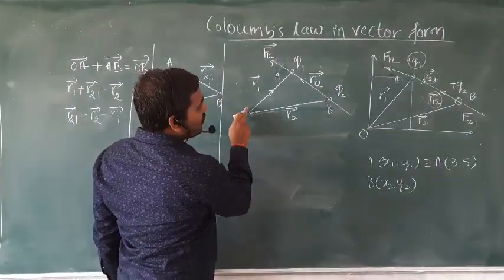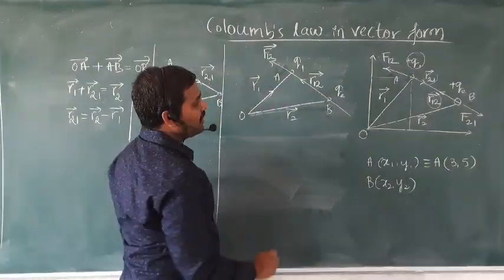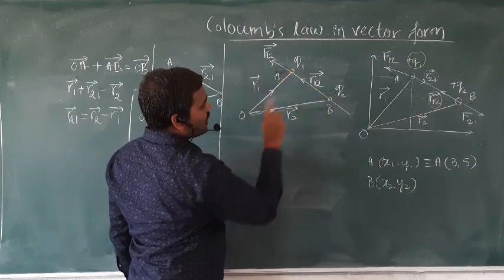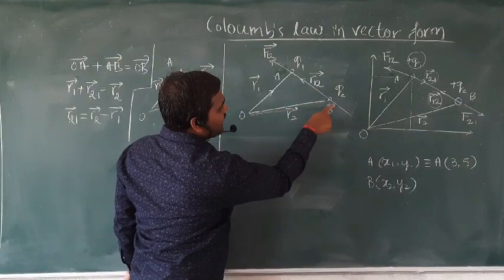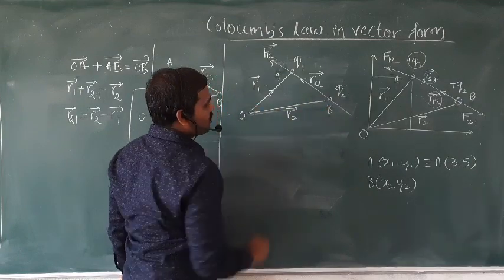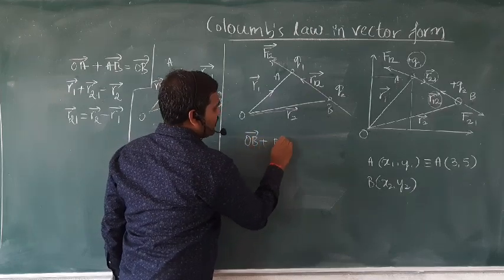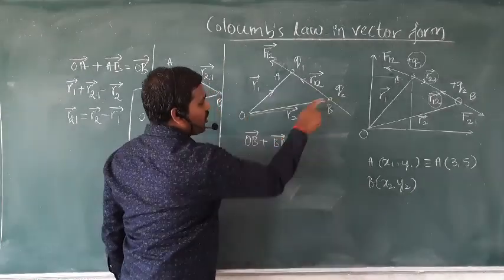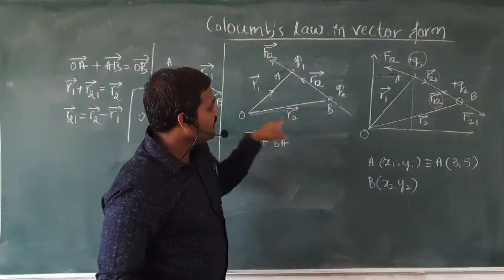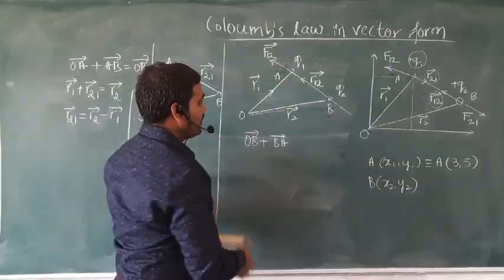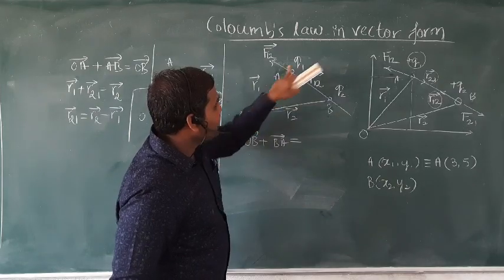Because when you move from O to A to B, the direction of this vector is reversed, so you cannot consider OA plus AB. Then consider O to B, and the next vector is from B to A, so you can write it as vector OB plus vector BA. They are in the same order. You can again see here vector OB and vector BA are in the same order, a continuous chain link. So that must be equal to the third vector, which is taken in opposite order.